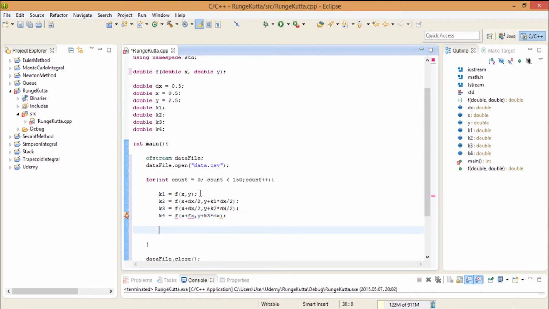times dx, and y is equal to y plus 1 divided by 6 times k1 plus 2 times k2 plus 2 times k3 plus k4, times dx. Okay, I forgot to put a dot here. Okay, so that's all about the y. We have to increment x equal to x plus dx,